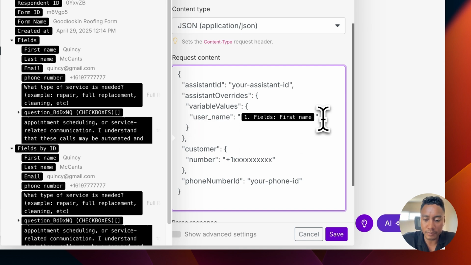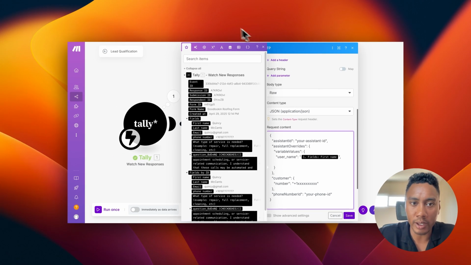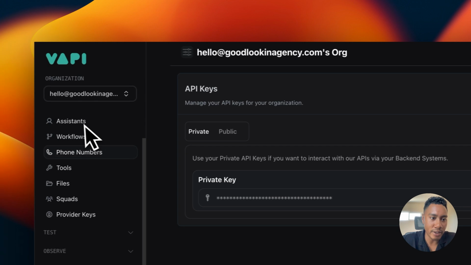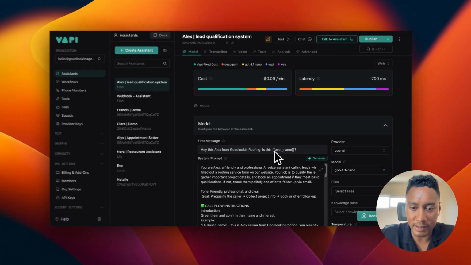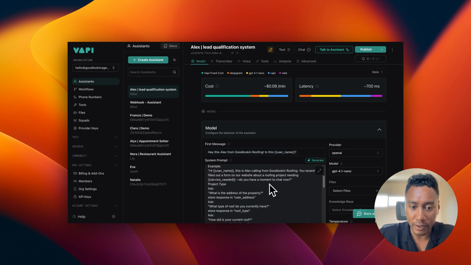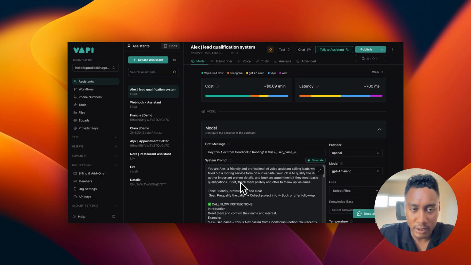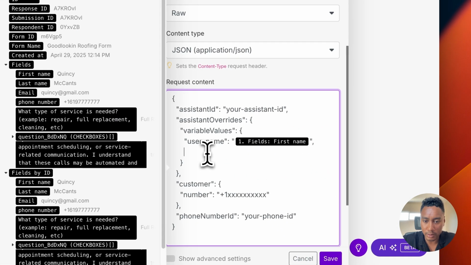And then you want to make sure that your variables align with the prompt that you have for your AI assistant. So right here it says username, which will be mapped to the first name that we're getting from the form. We also have this service needed, and I believe those are the main ones that we need to share with it. So we also need service needed,